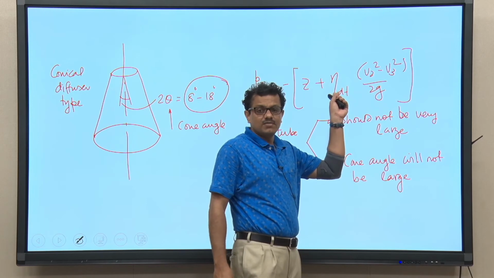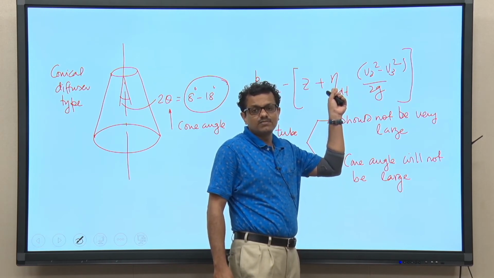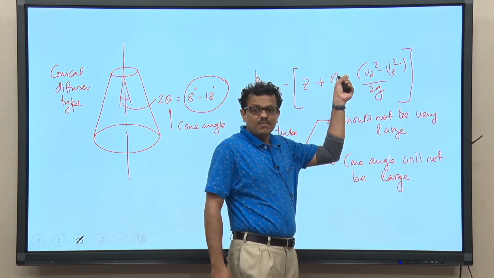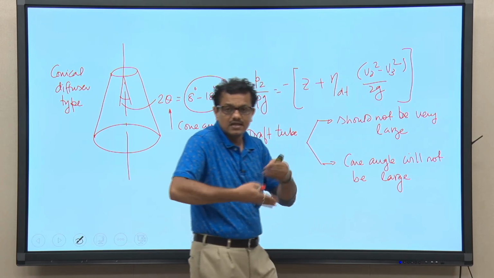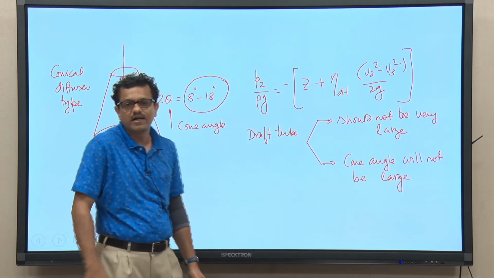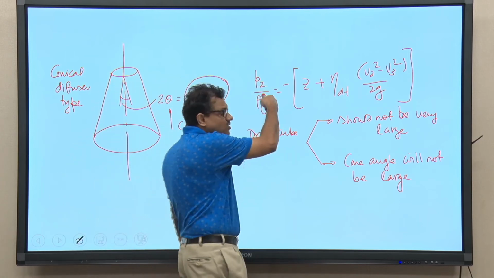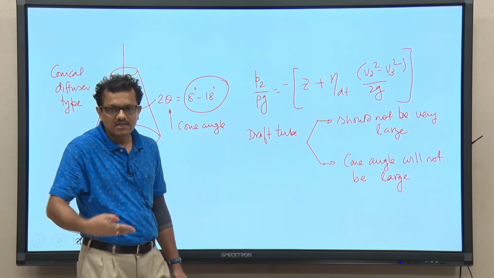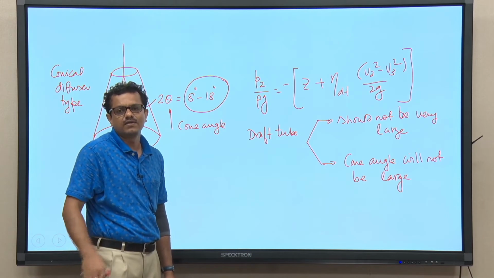If it becomes minimum, the net head available across the turbine will be reduced, so the efficiency of the plant will reduce. If it becomes maximum, efficiency can be maximized, but at the cost of that increase in efficiency, perhaps we are going to invite another problem, that is cavitation. So, P2 will reduce, and if it goes below the vapor pressure at that particular temperature of the working fluid, cavitation will occur, and this is not a desirable phenomenon at all.